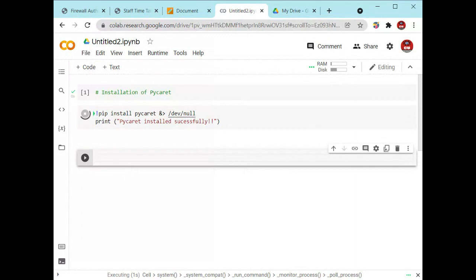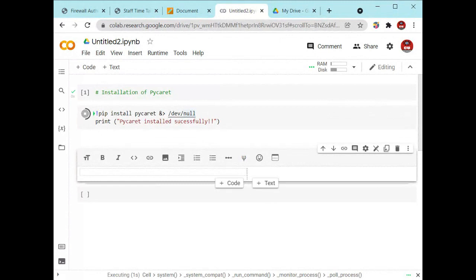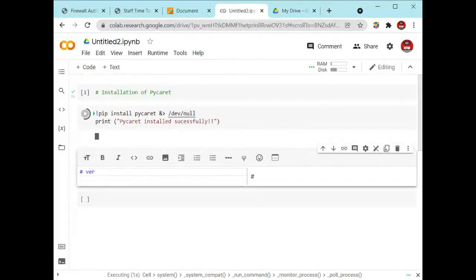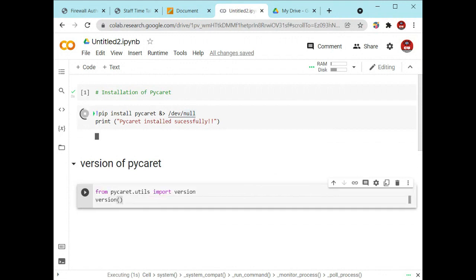If you want to find out the version of the PyCaret library, you can define the version of PyCaret using this. From pycaret.utils we are importing version, and we will display the version of PyCaret. Okay,